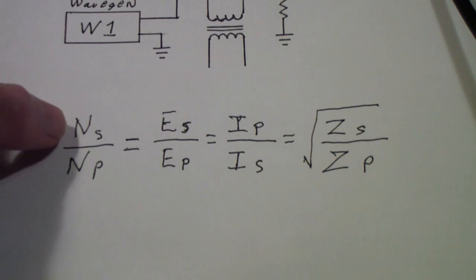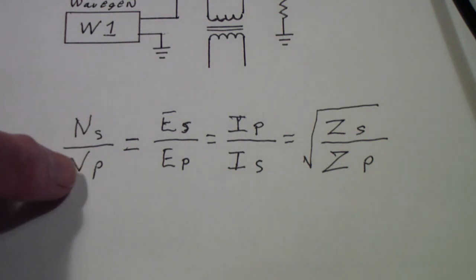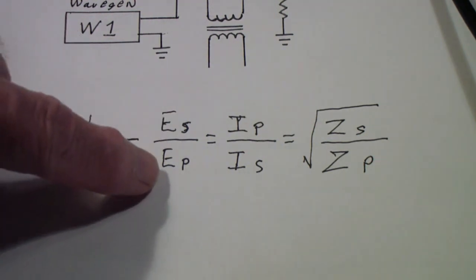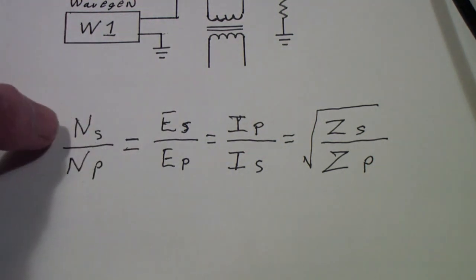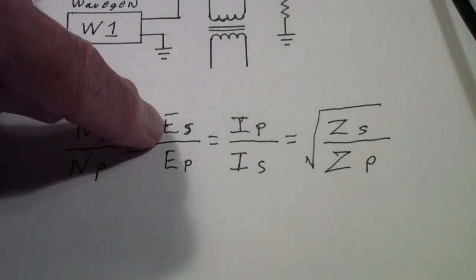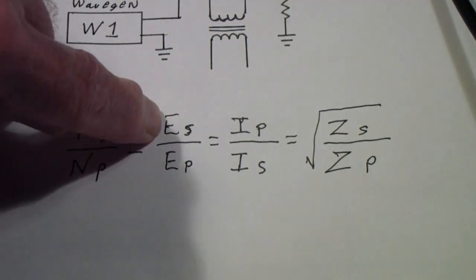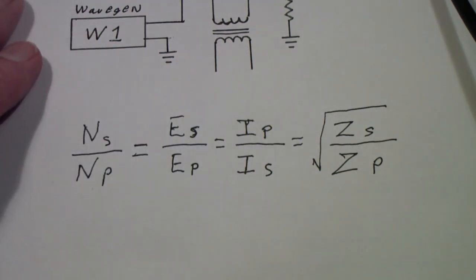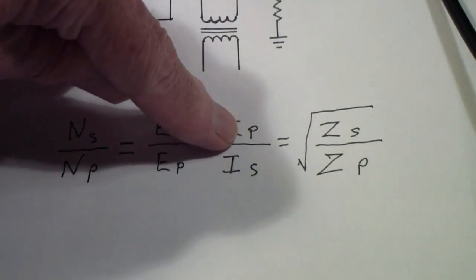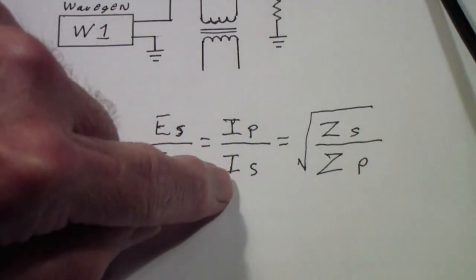If you define the number of turns in the secondary as n sub s and the number of turns in the primary as n sub p, then the ratio of the voltage in the secondary to the voltage in the primary is the same. So for example, suppose that ns is 10 times np, then that means that es is 10 times ep. So if you put 1 volt on the primary, you'll get 10 volts on the secondary if it's a 10-to-1 transformer. The current, on the other hand, is exactly the inverse. In other words, the current in the primary will be 1/10 the current in the secondary if